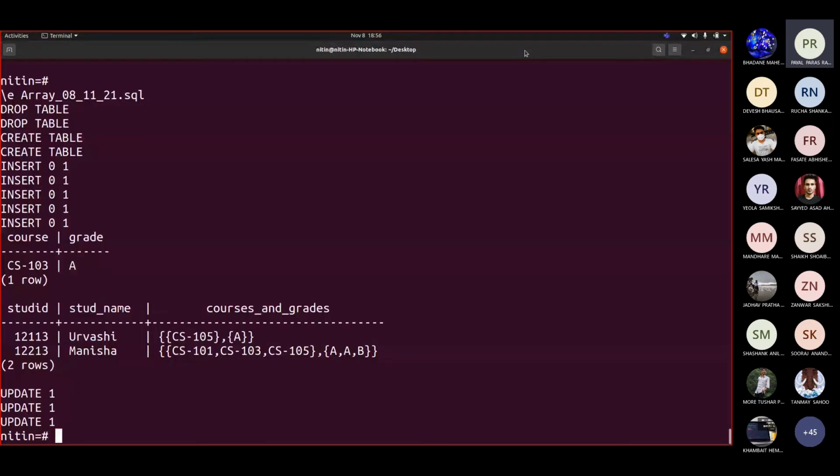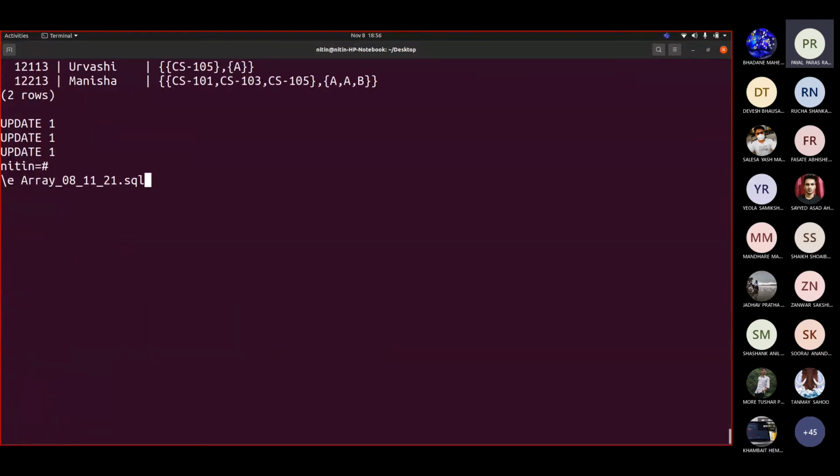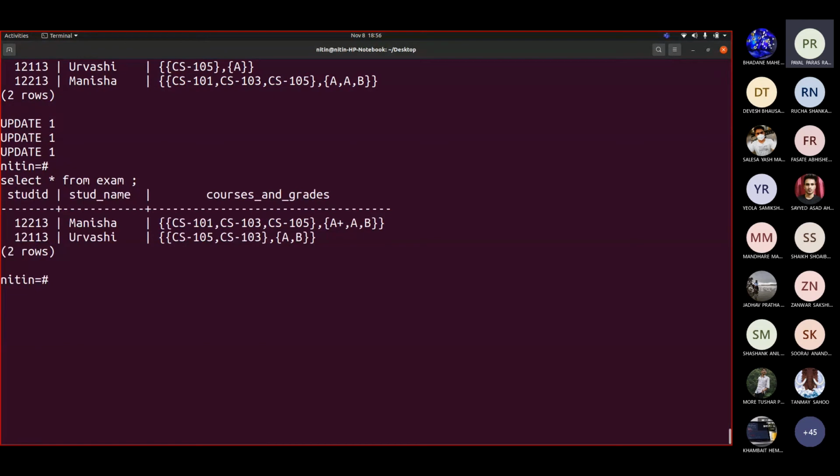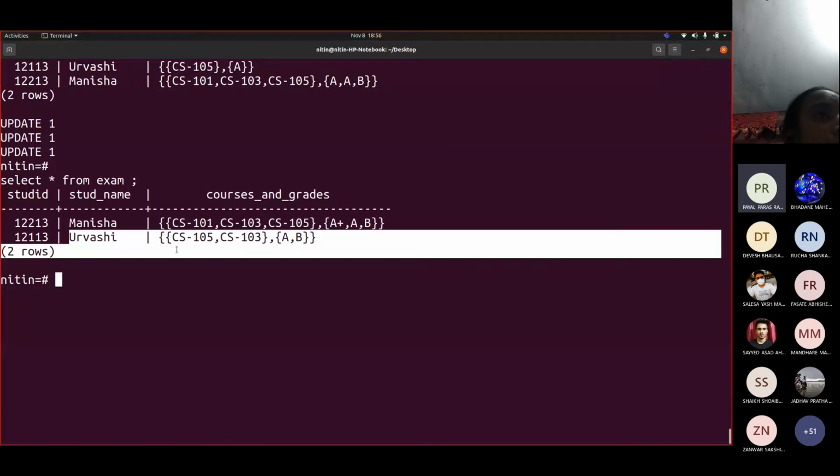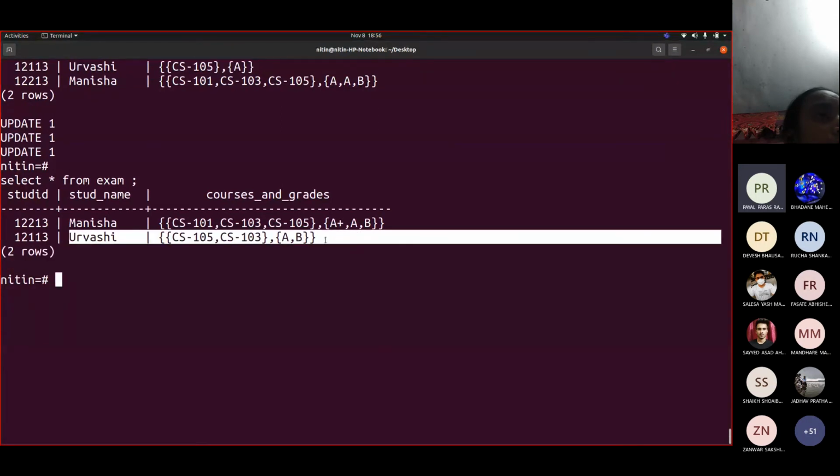Now we added this Urvashi, so let us fire this. Now you can see that earlier we had one record only for Urvashi. Now we have 2 records for Urvashi.